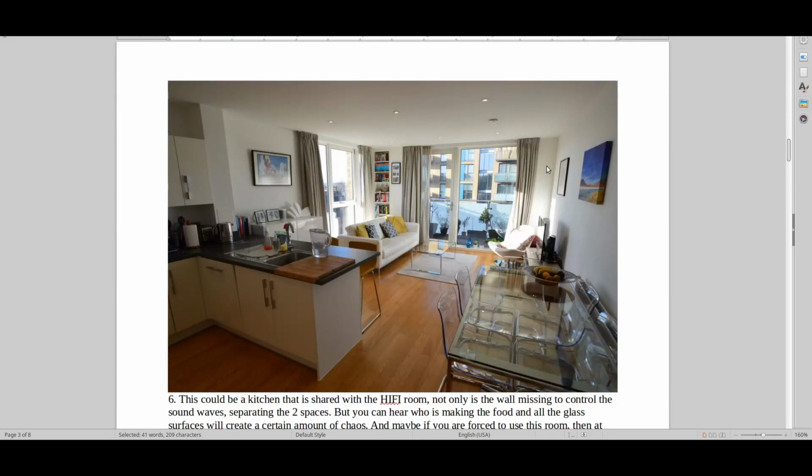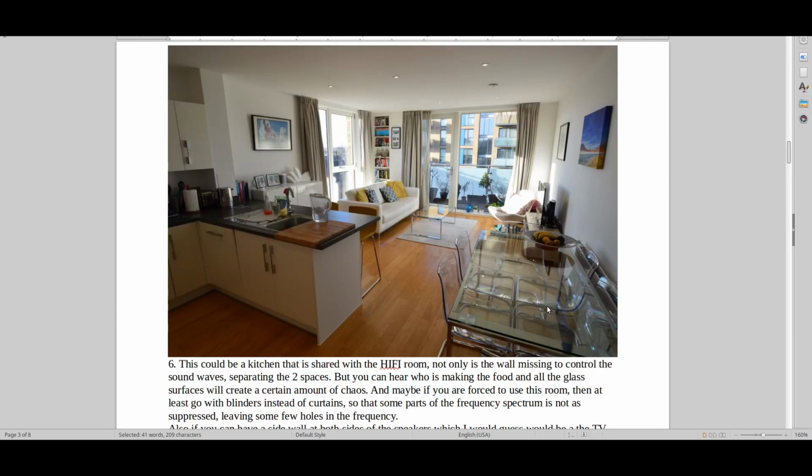And this is a great example. This classic setup in a normal apartment. This could be Copenhagen, Madrid, New York, whatever. This is a classic example of what a lot of people are doing in the cities, where this could be the hi-fi area here. We have a speaker here, and you're listening to it over here, but it's shared with the kitchen. So people in the kitchen will be noisy, stuff going on in the kitchen. There's no wall separating these things here, and all the sound waves here will basically be sucked sideways,